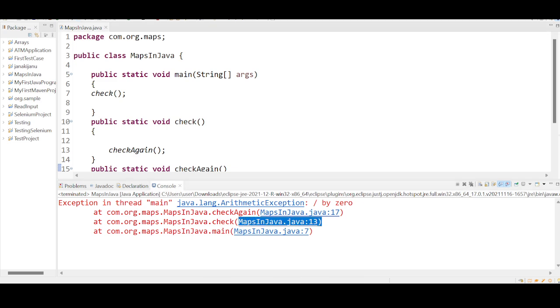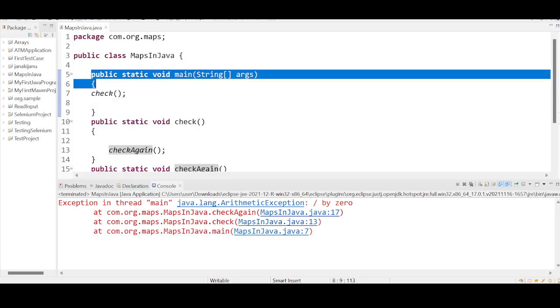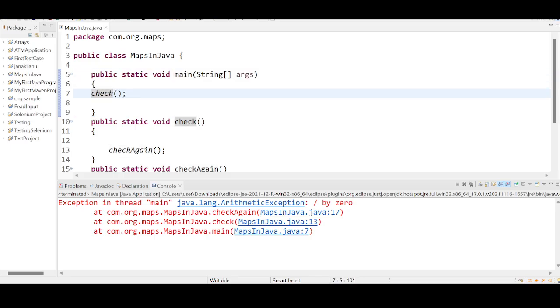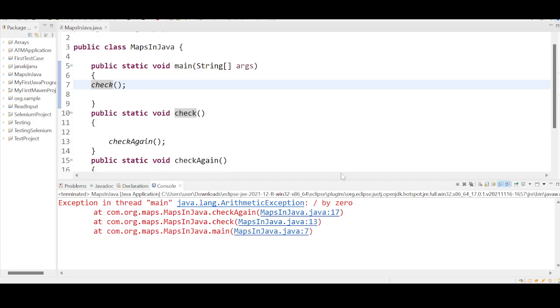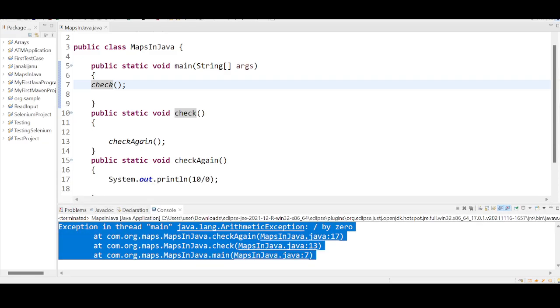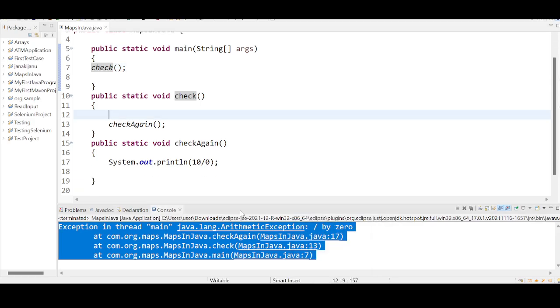Since it is not handling gracefully, it is going back and checking the check again method. So this line is also printed, right? Line number 13. Since this method is also not handling it, it is going to go back and check in the main method. What is the line number here that is responsible? Line number 7, right? Are you seeing line number 7? It is going to backtrack all the information. Which is responsible to backtrack all this information? The default exception mechanism is responsible to backtrack all this information and display the meaningful message in the console